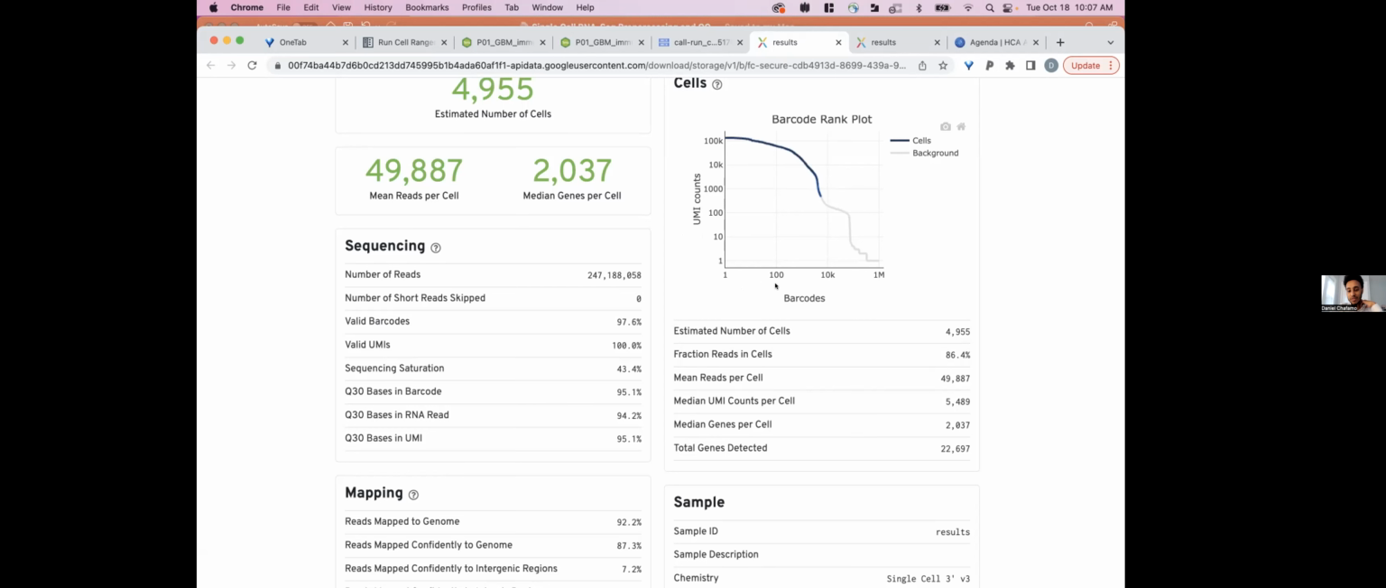If you look at this, it's on a log scale, but there are basically three types of sections. Cell Ranger has its own cell calling algorithm, so it will tell you which barcodes are actually cells and which are either empty or background noise. This hill that you see is background